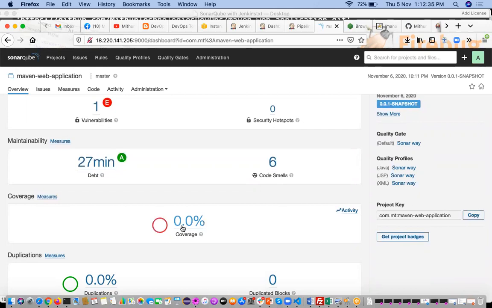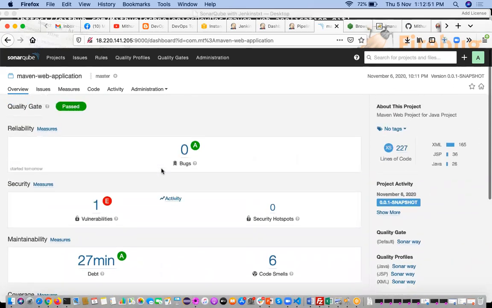It means we didn't write any JUnit test cases. But my requirement is, if the code coverage is less than 80%, I have to mark it as failed.